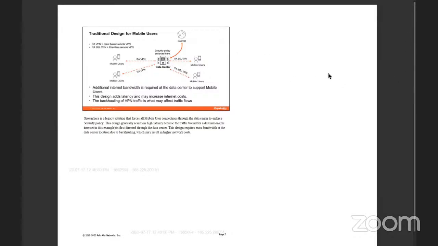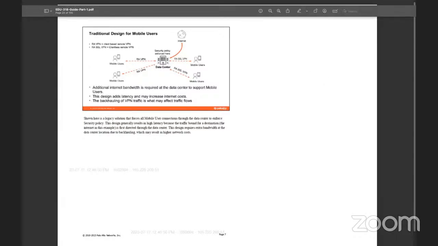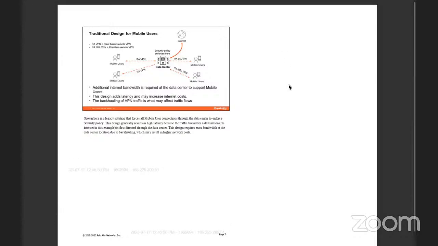Once the security policy is applied on the traffic, then the traffic goes to the destination. So, for example, if a user is sitting in the India region and there is a user in the US region, and we have our data center in India, the user in India, the traffic will